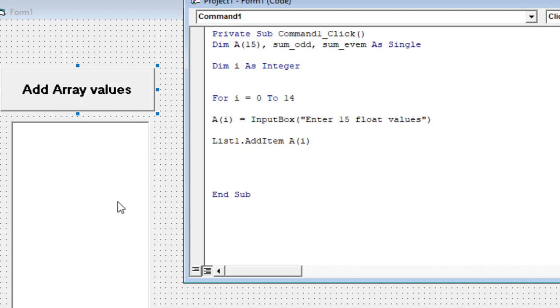After displaying this value here, I first of all want to detect if it is odd or even. I can say If the value that is in array a at position i... I can now use the operator mod, which calculates the remainder between two values. I can say If a(i) mod 2 equals 0, then